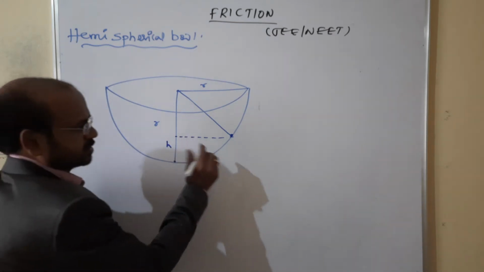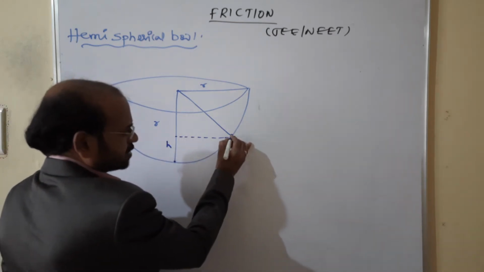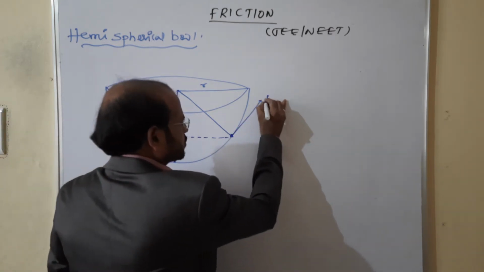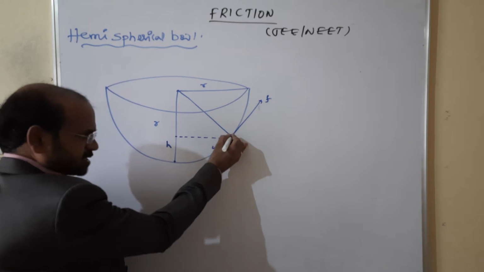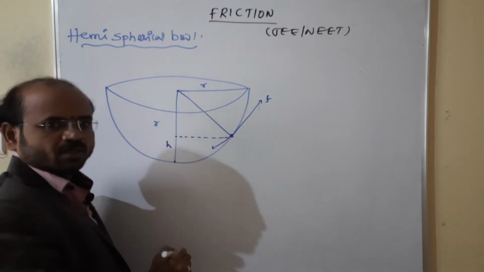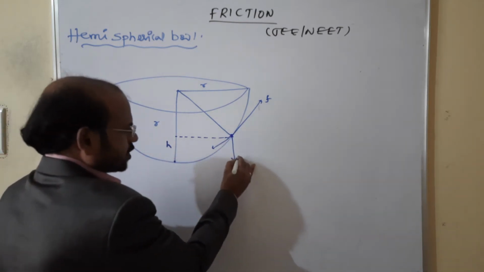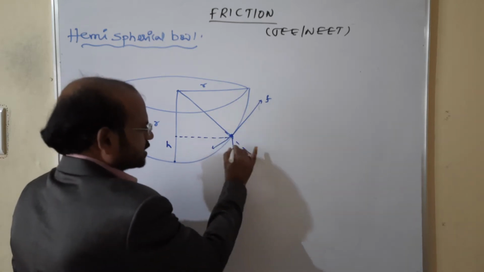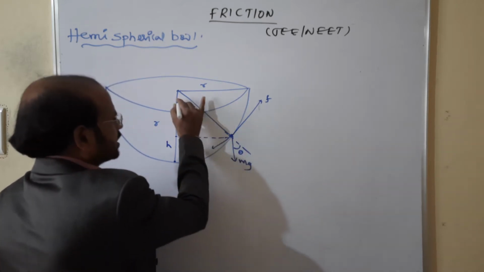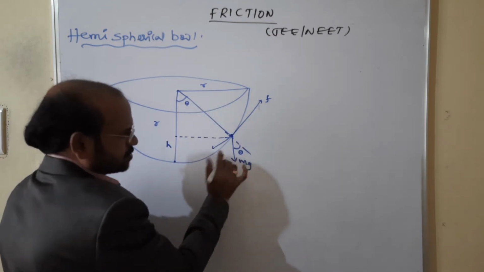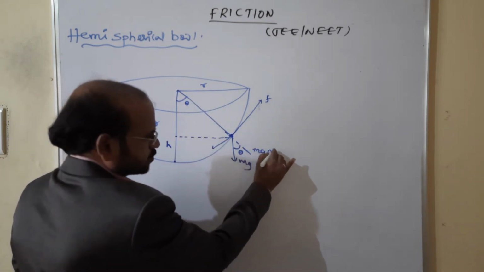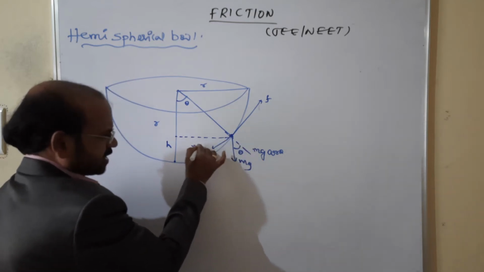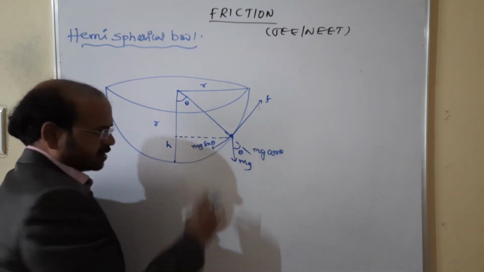We need to get the height. At this position, when it is coming down, a frictional force acts opposite to the motion of the insect, because the insect is moving down. And at this point the weight of the insect is acting, mg downward. It makes an angle theta, and here also it is an angle theta. Now mg can be resolved into two components: one is mg cos theta, and the other is mg sin theta, in the direction like this. Clear now?